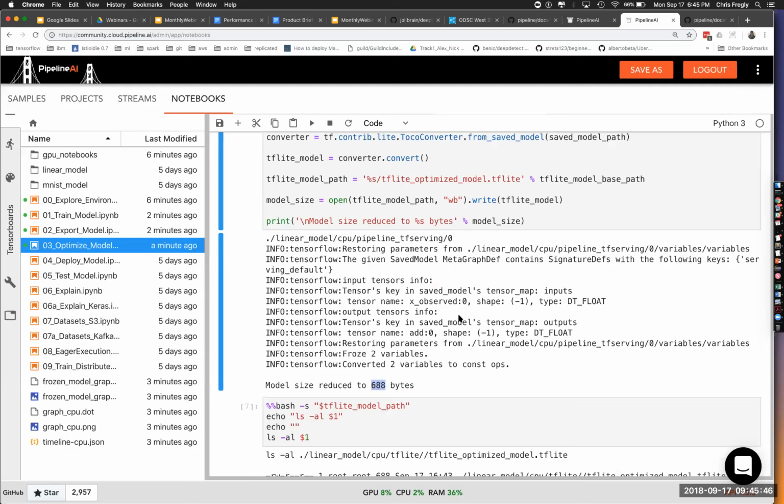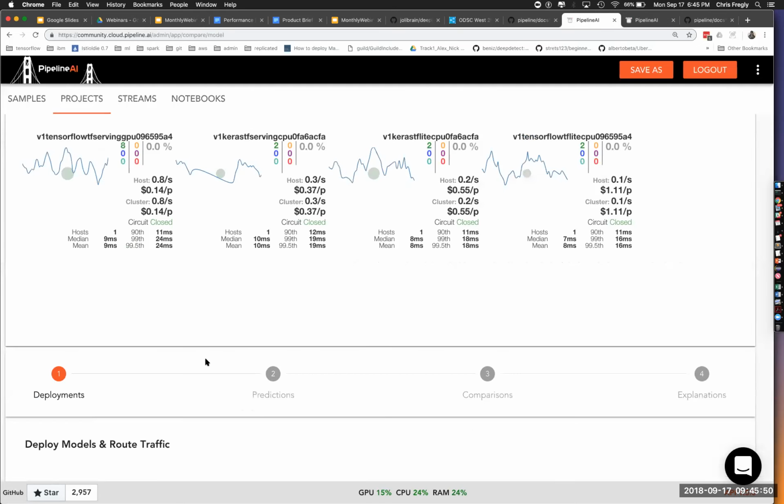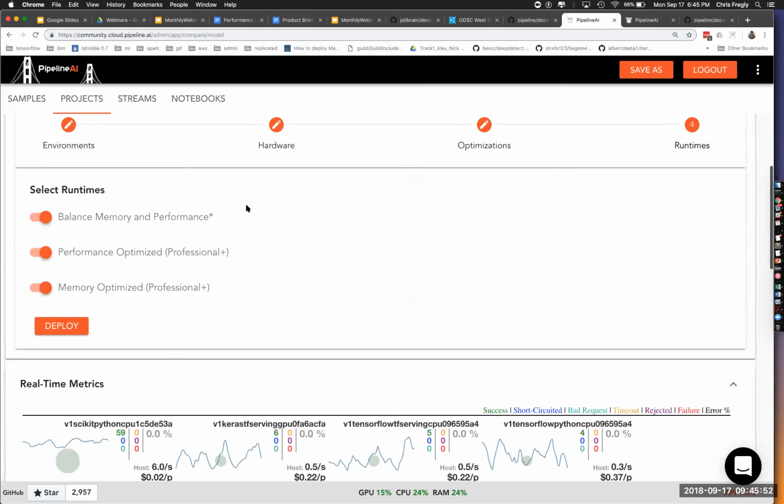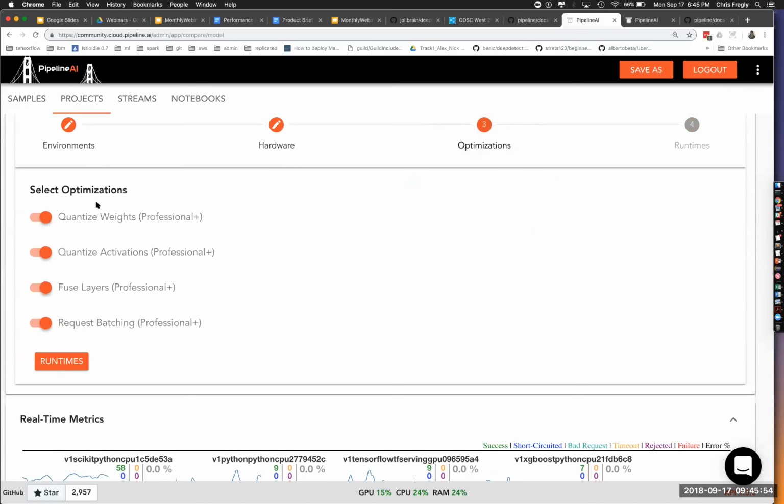Behind the scenes, it's doing some optimizations. TensorFlow Lite has its own way of fusing layers and quantizing weights from 32-bit down to 8-bit and that kind of thing.